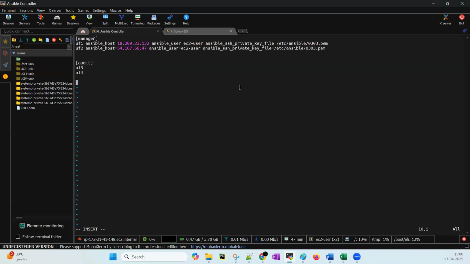You don't need to do that. Maybe at that time, if you want, you can make a new tag stating that single command, and you can mention only this single host. For example, you want to run only on UF1, right? So you can use the same thing